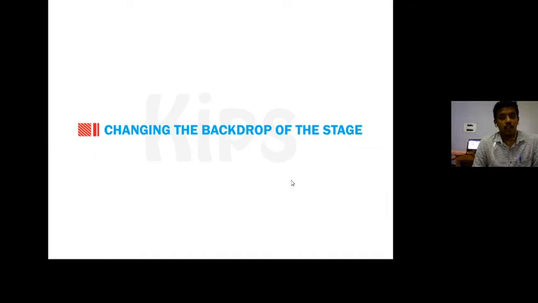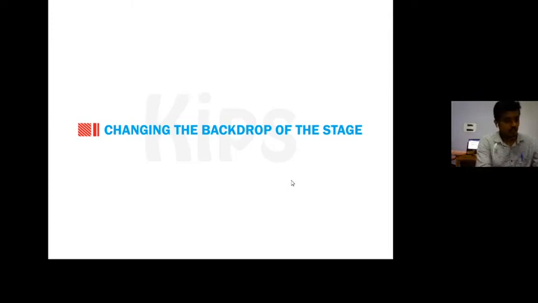Concluding with the backdrop changing and the different types of blocks discussion: we discussed the pen blocks, the motion blocks, the looks blocks, and the control blocks. All things we have seen. So based on all these types of blocks, you have to make one small project based on the question we gave, and you will have the online coding competition very soon.